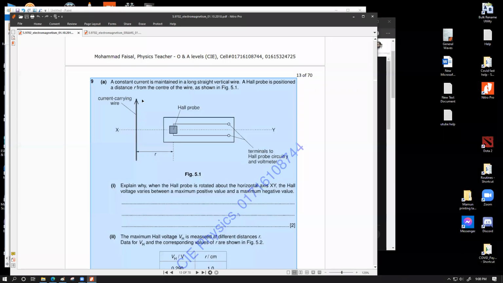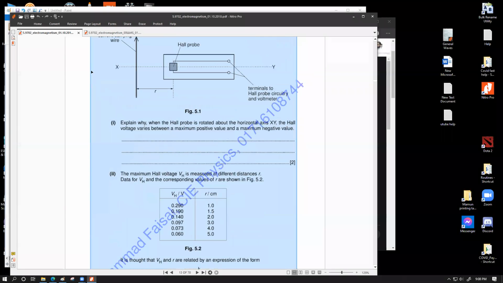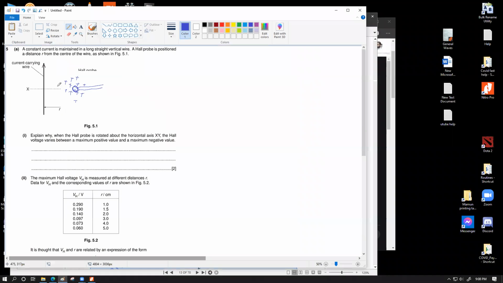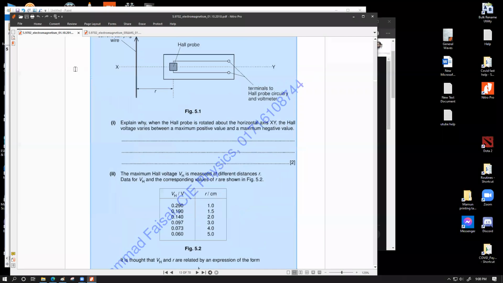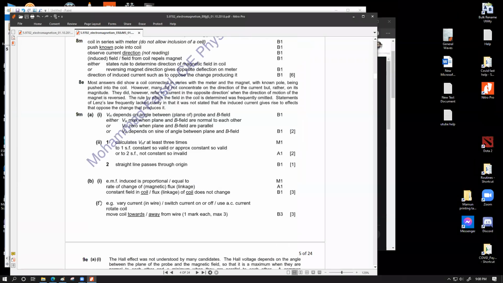So how about moving the wire itself? Yeah, moving the wire will work. That's what I said in the first place, that moving the wire along the line XY gives you an EMF. Or if it's stationary, rotate, or you change this one. These are the 3 things that come to my mind, but I'm going to look at the mark scheme. They say vary current in wire, switch current on or off, use AC current, rotate coil, move coil. Oh, they pretty much have covered the existing 3 points. Yeah,